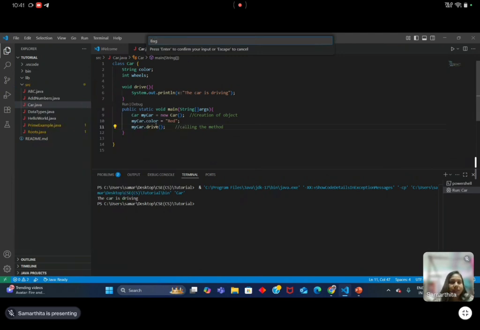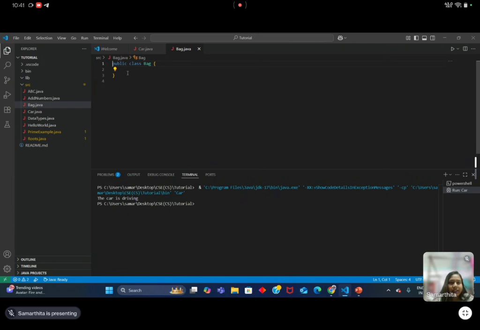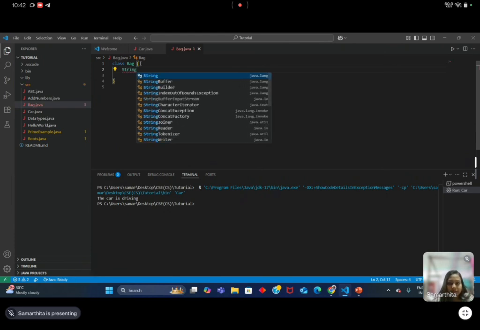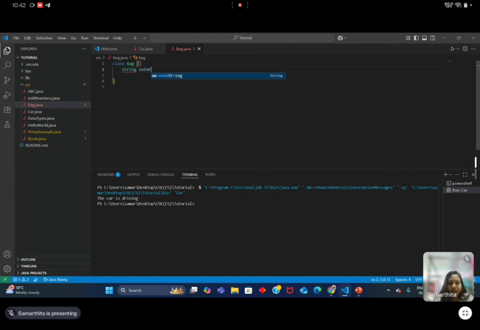Simple. See here, the class bag is declared. It is as simple as that. So class bag, and I'll be declaring its color, String color, because the color will basically be a string value.